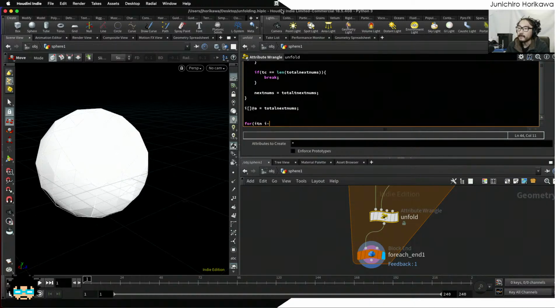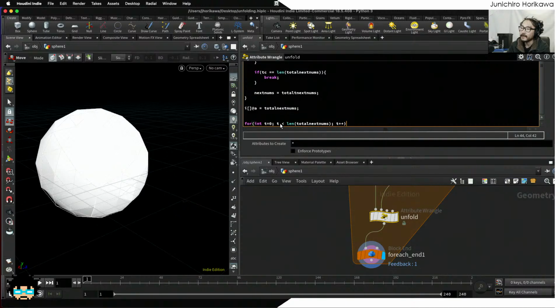I'm going to loop through all the numbers from this total next nums. What I need to do is the same rotation operations for each of the primitive's points. So int t is equal to 0 and t is less than the length of the total next nums,